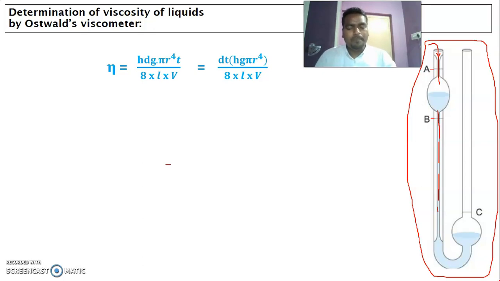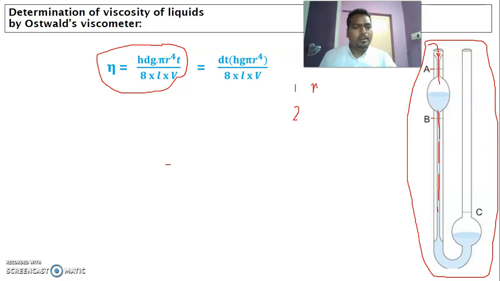So this is the formula. Now, when we come to the experimental part, this is the relation which is used. In the experimental part, we are going to determine the viscosity coefficient of one liquid with the help of another reference liquid, with the help of another known liquid. For example, let us consider liquid 1 and 2.